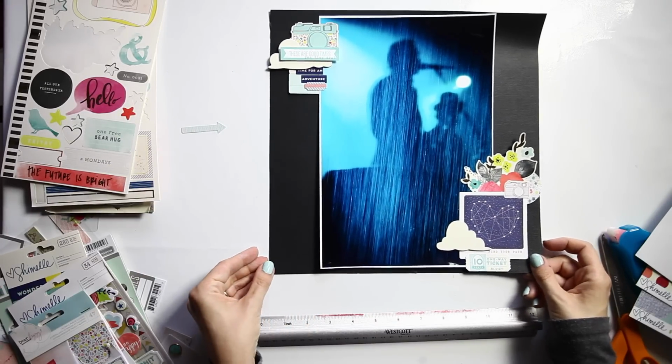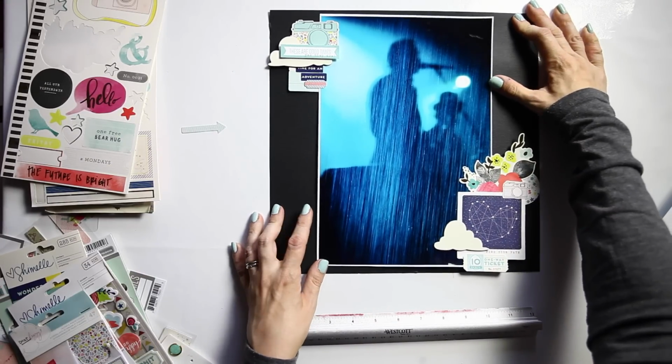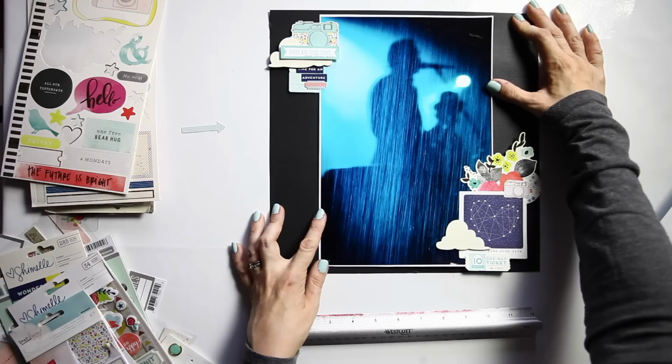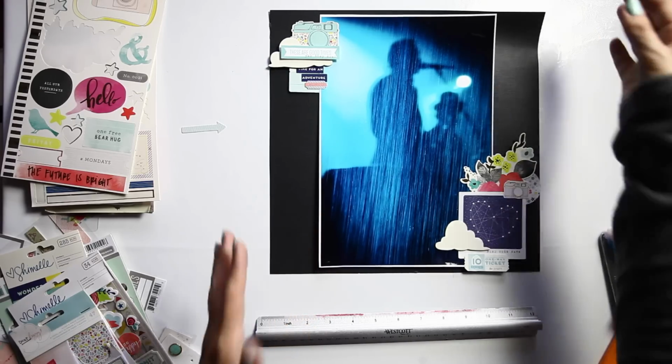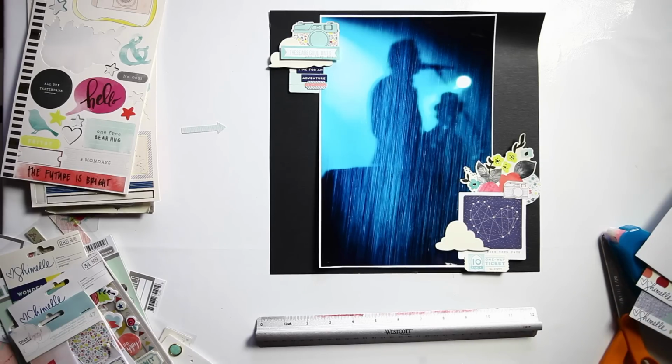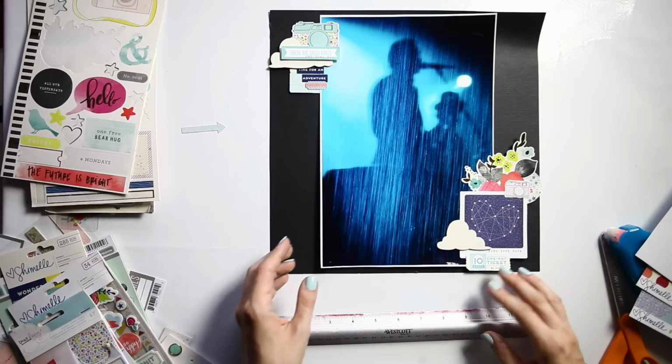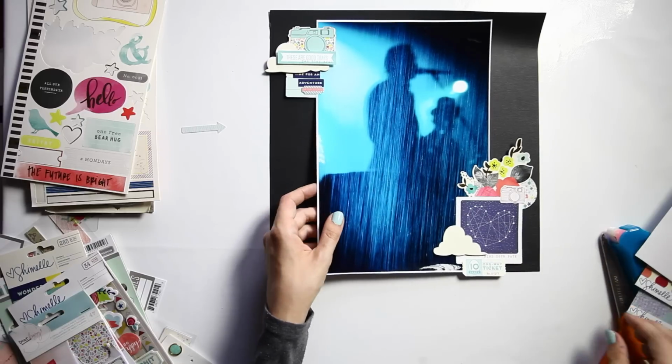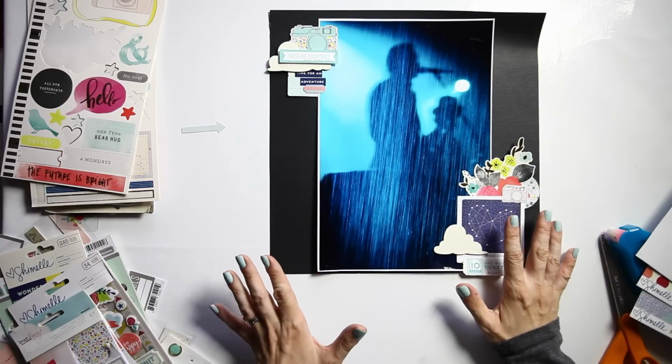Now, I think in this case the black is truest to the story, because you're in the dark at a concert like this, everything is dark, and to me this fits the memory best. But in different instances of what the photo is, your memory might be different and one of those other options might have worked better. Does that make sense? I hope it does. So I'm going to go with the black cardstock and just stick this down and then